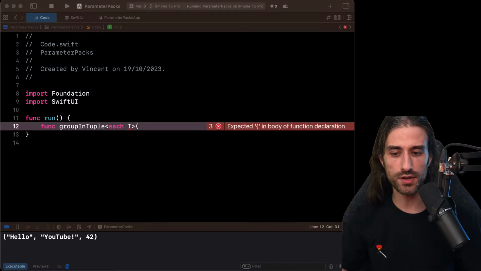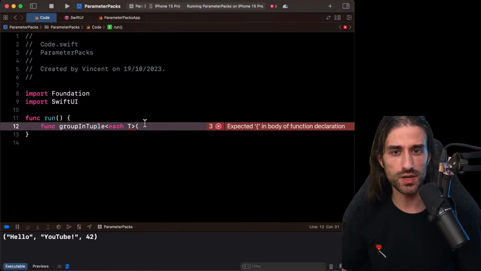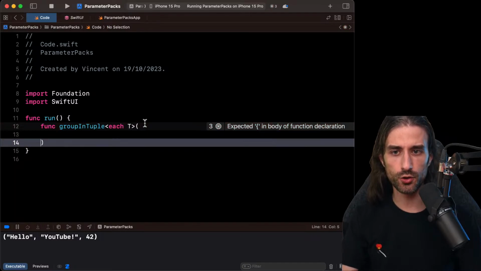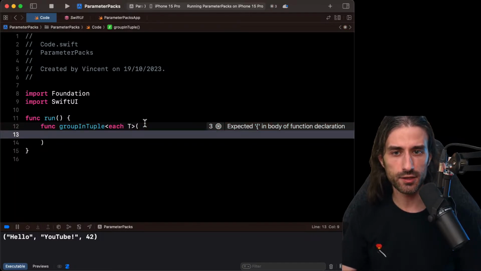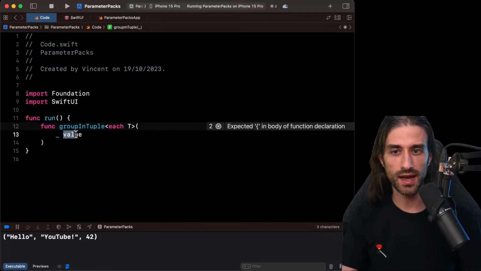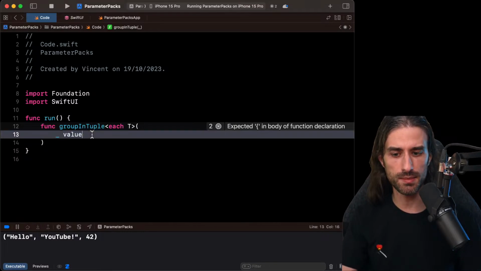This is where we use the keyword repeat, and we use it along with a parameter pack in order to expand this pack. I will show you an example, and the reason why it's called an expansion will become clearer. The name of the argument is just like a regular argument. I can give it an external name and an internal name.